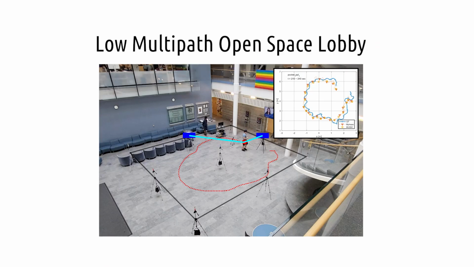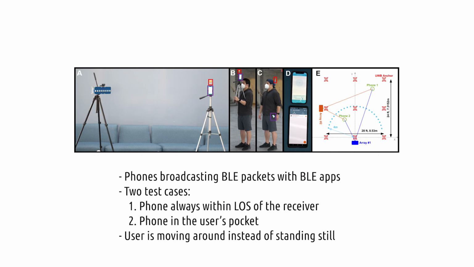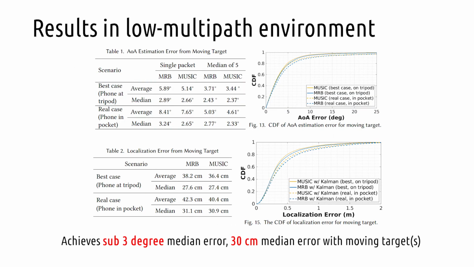We first evaluate the system in a low multipath open space lobby. For the transmitters, we use off-the-shelf phones with common BLE apps to broadcast BLE packets. We also tested the system with the phone always within the receiver's line of sight, against when the phone is carried in the user's pocket, representing a real-world use case. During the test, the user moves around in the space freely instead of standing still at certain spots. The system achieves sub 3-degree angle of arrival accuracy, and is able to locate the moving target using two arrays